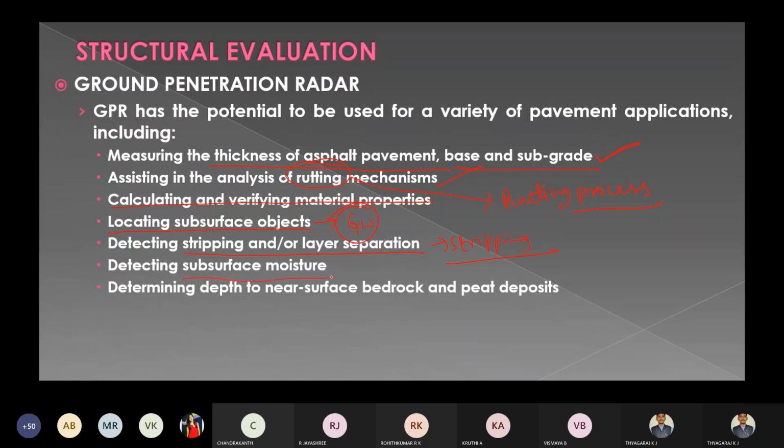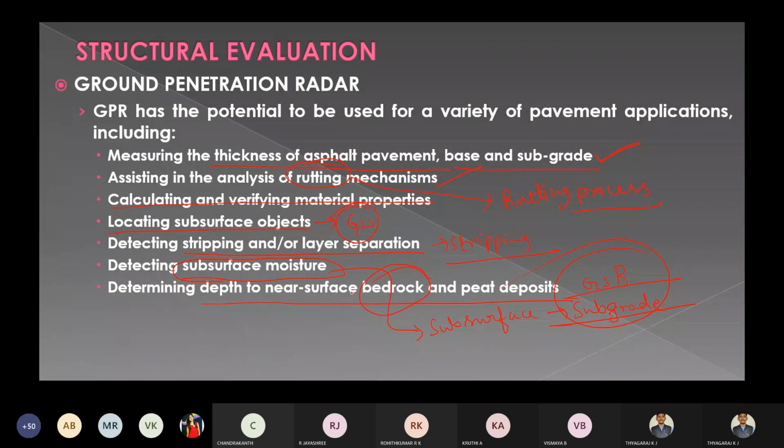Then subsurface moisture content, which is very important. When moisture is present in the subgrade soil or GSB, it can be easily determined by this ground penetrating radar. And determining the depth to bedrock and peat deposits, that is, the rock bed thickness, can be determined using this GPR technique.